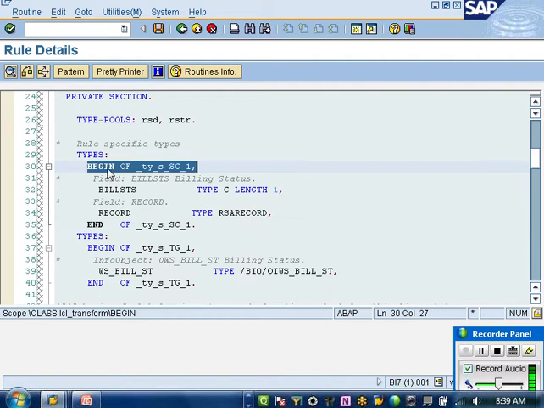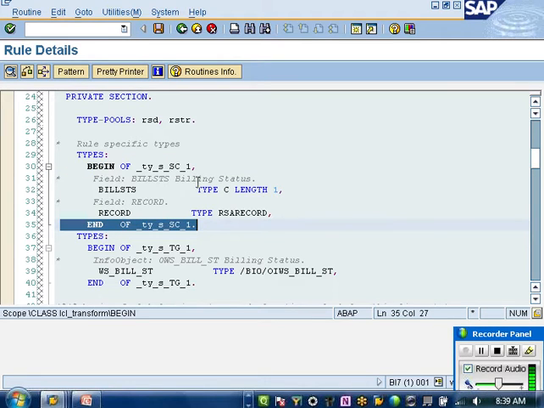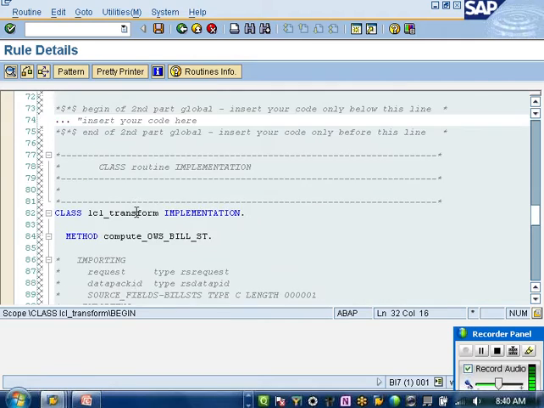This is the begin of the structure definition, and this is the end of the structure. Between these, they have defined only one field. What is it? This is the name of the field. Why is there only one field in this structure, and not multiple fields? We expect only those source fields. Now select this and start writing your code.